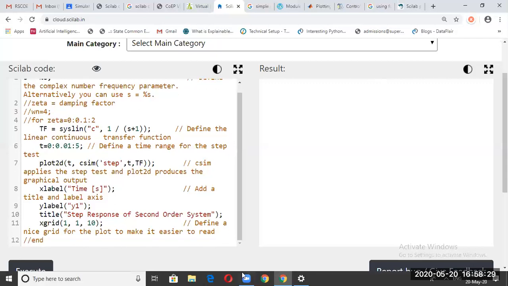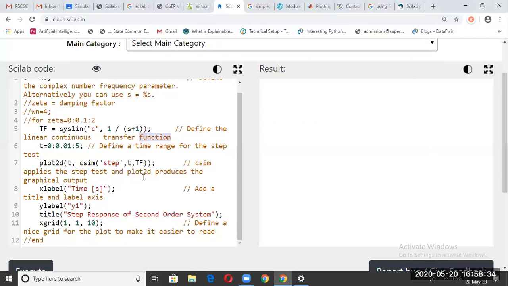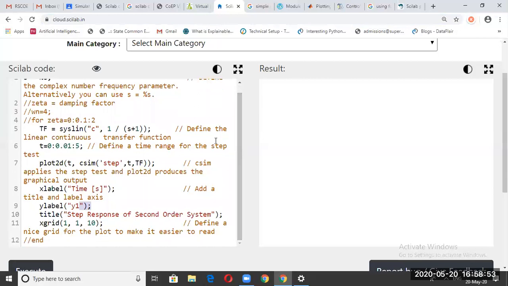So this is the first order response, and you can do exactly these simulations on the cloud, that is Scilab, cloud.scilab.in. So remember the URL cloud.scilab.in, and you can open this and simulate. This is the code. I will share the code with you, and you can simulate and post the results in the Google Classroom. So you can type the code in the Word document first.